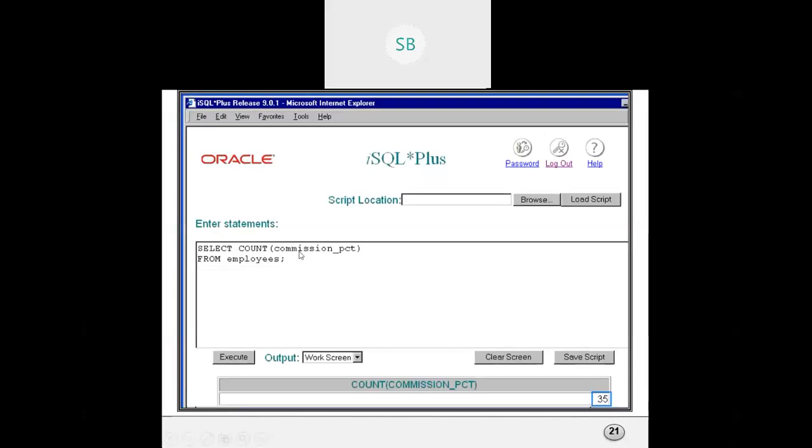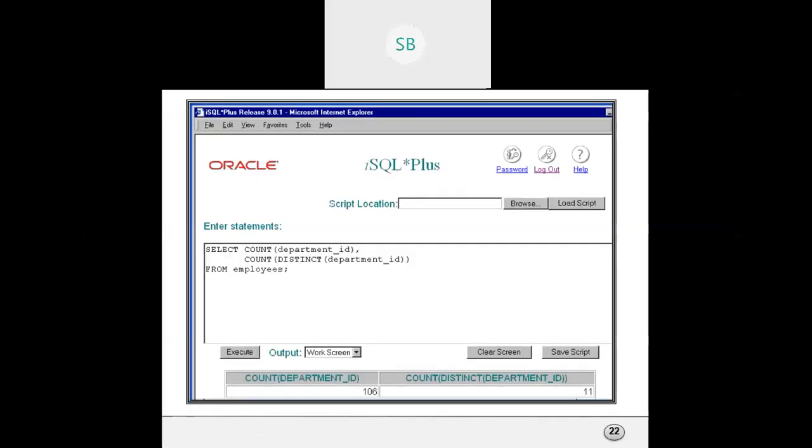If you mention a particular column, such as commission PCT, then it counts only that column, whereas with star it counts everything. Here they have also used the keyword distinct. Using distinct means it will ignore any duplicate values.